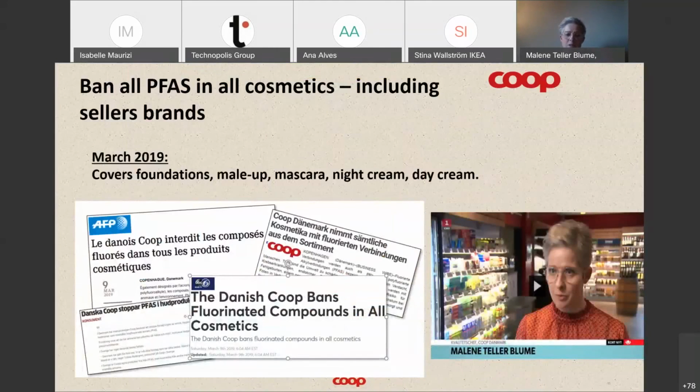Then last year we decided that the ban on PFAS should also cover the branded goods, the cosmetics. So we introduced a world-leading ban in our shops because we do not want PFAS to be in cosmetics that you put on your body every day. It was also decided based on a precautionary principle. And this has, over time, proven to be the very right decision because there are really scary new evaluations of PFAS.